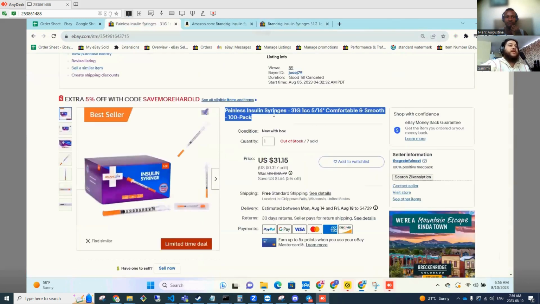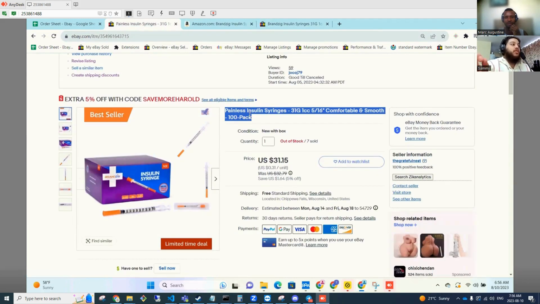If you read this title, I know people who use insulin syringes, and their biggest pain point is that it pricks, it hurts. Yeah, you get pain from it. Exactly. And the fact that this is saying it's a painless insulin syringe right from the very beginning, that really speaks to people. And we didn't come up with this title ourselves.